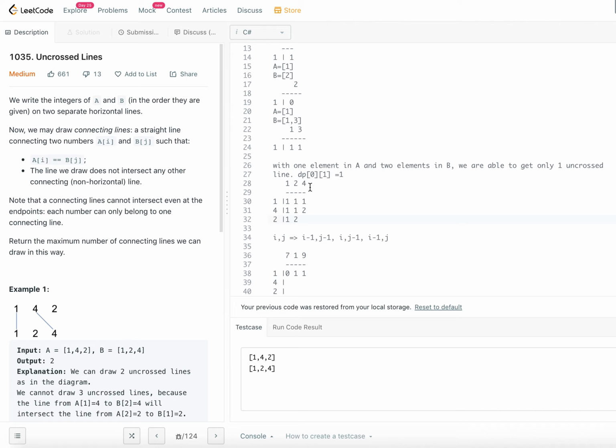So now 2 and 4. We are considering all the elements in A and all the elements in B, but there is no match, right? 2 and 4, there is no match. So if there is no match, what we said is, what is the maximum so far? In these, what is the maximum? 1, 2, 2. The maximum is 2. So from this DP array, what is the maximum count that you have got? It is 2. So the answer is 2. As simple as that, right?